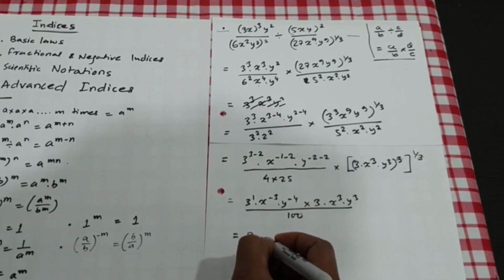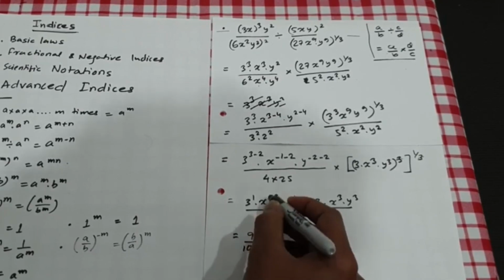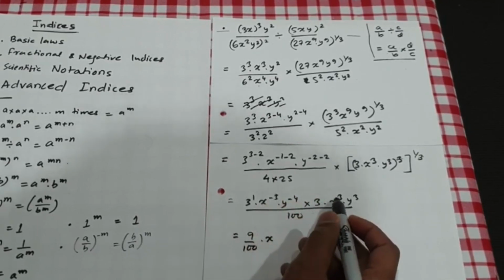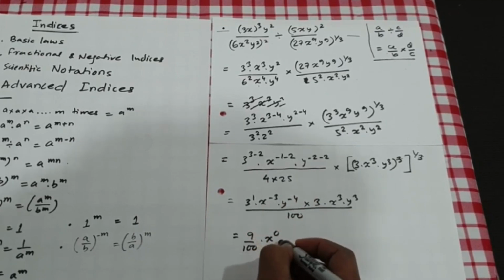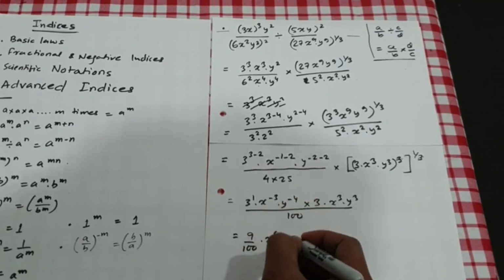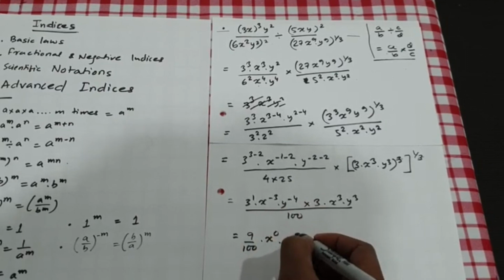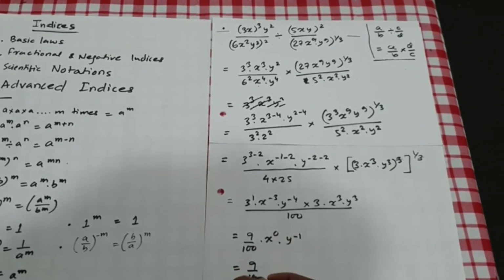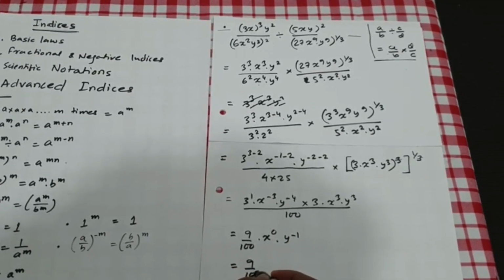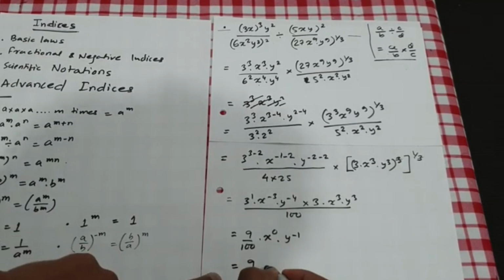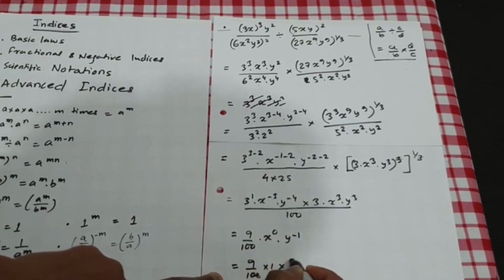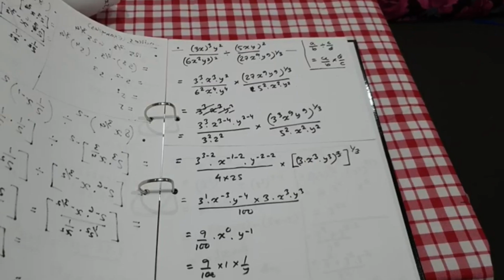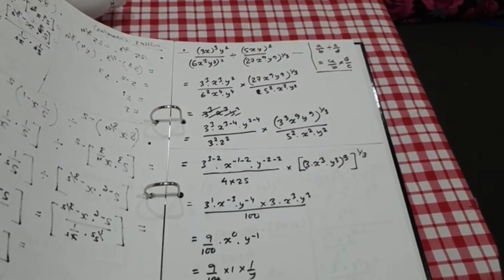From a numbers perspective, x to the power minus 3 and plus 3, so x to the power 0, and then y to the power minus 3, minus 4 plus 3 is minus 1. So this is 1, so 9 by 100 times 1 times 1 by y. So the answer is 9